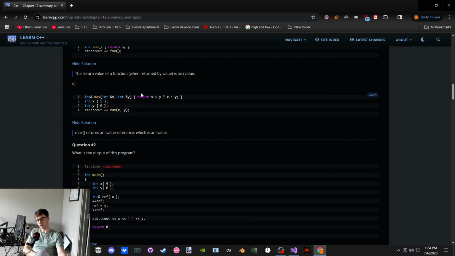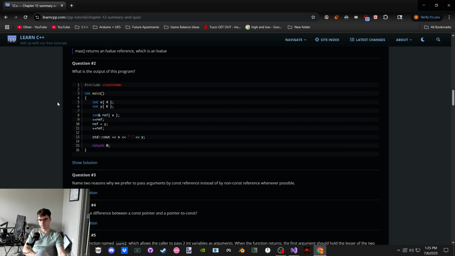We get this ternary right here. True, return this. False, return this. Okay. Thus it returns y, because y is greater than x, because 6 is greater than 5. In this case, it's returning this guy. It's returning y via reference. We're looking at y. Y exists. Y describes the value that we're doing. We evaluate it, it evaluates to y. We look at a reference and evaluate it, it evaluates to y. Thus, L value.